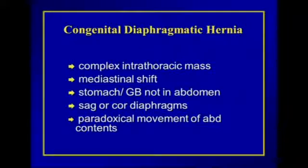Diaphragmatic hernias present as a complex intrathoracic mass. They often will cause mediastinal shift. They will push the heart to one side or the other. A big clue is that the stomach, or if it's a right-sided hernia, the gallbladder, is not in the abdomen where it's supposed to be. We used to just look for the stomach in the wrong spot and infer that there was a diaphragmatic hernia,